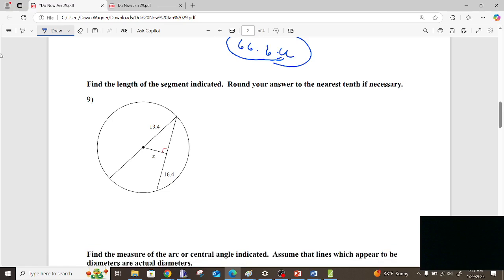Find the length of the segment indicated. Round your answer to the nearest tenth if necessary. So on this one, we have an issue because I can't use